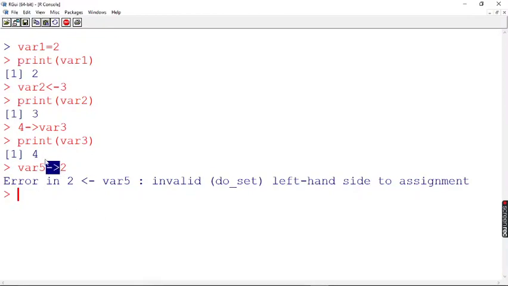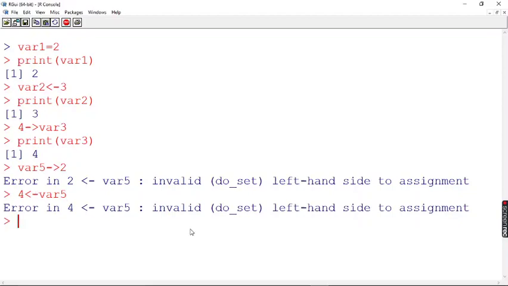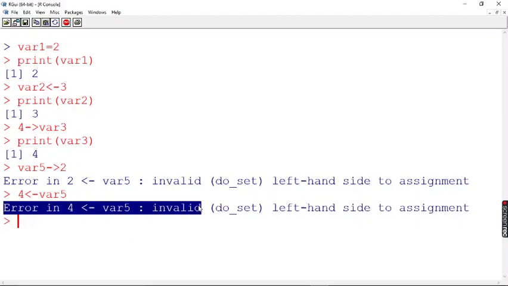It should have been a leftward arrow. Similarly, for the rightward arrow, if instead of this I use it something like this, then again you will get an error. So you have to be very careful.